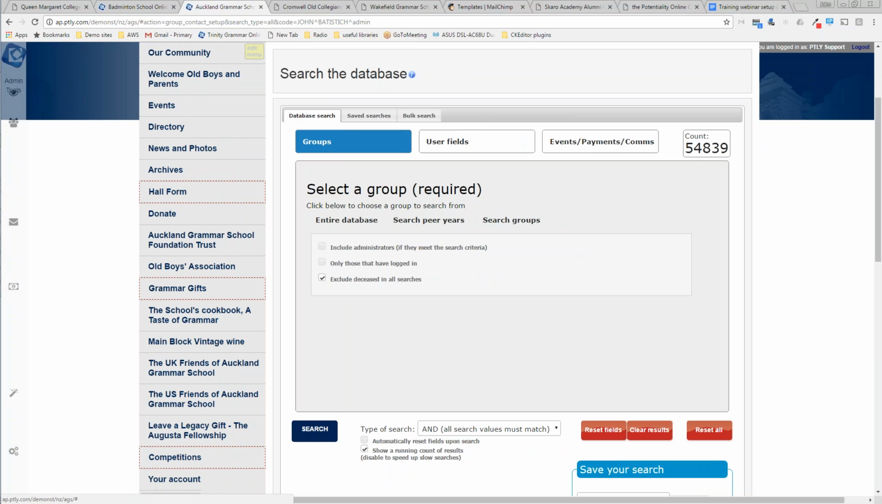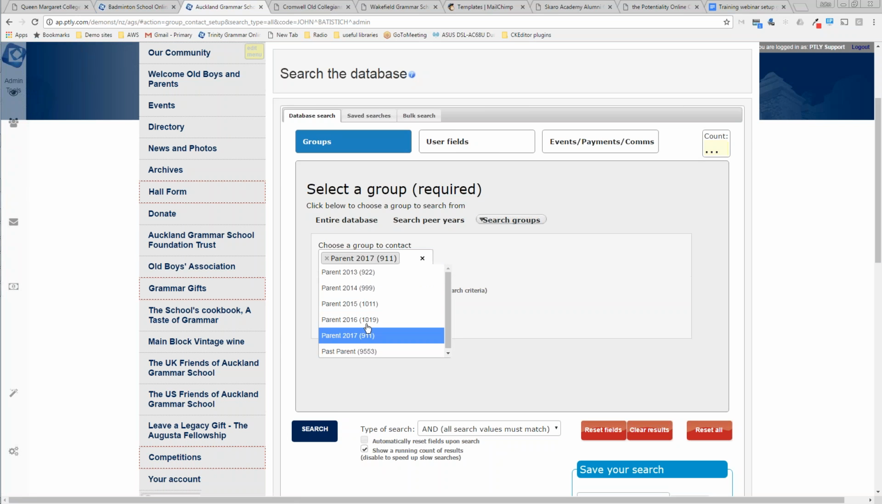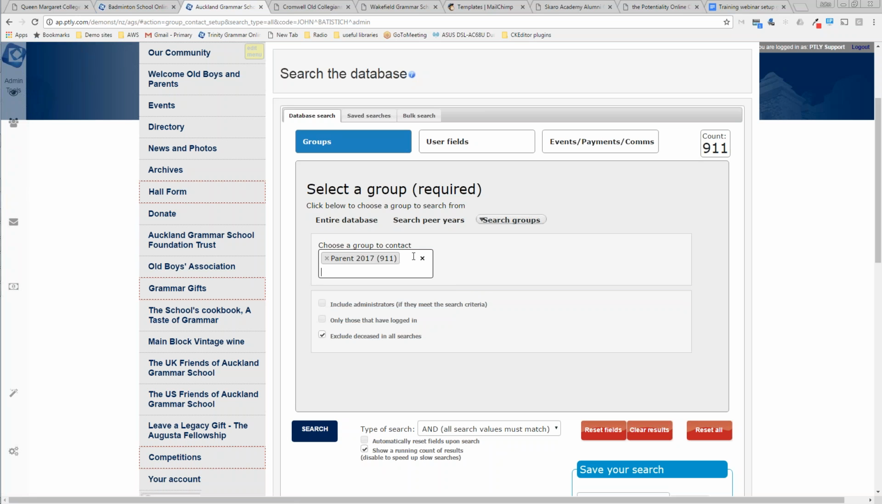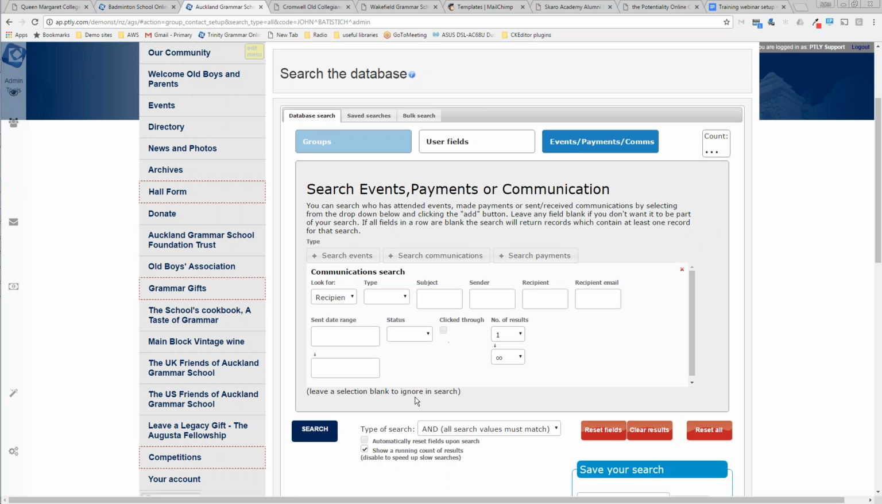And you might, for example, search a group, and we could type in parents, and we could type in students, and then you can see we've got 3,500 people there, so it's quite easy to set that up. But when it comes to the actual data, you've got all your data located in the same location. So we've got all your events, all your comms, all your payments,